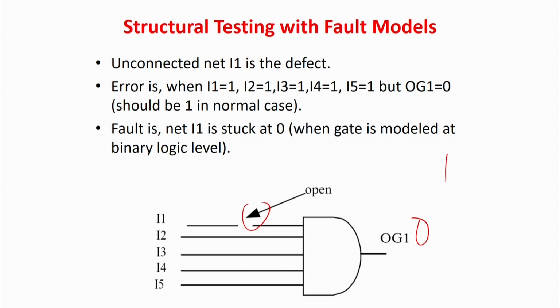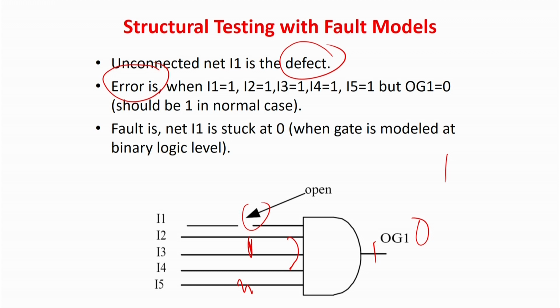There can be n number of defects, like this may be getting shorted. Then even if these two lines get shorted, this line can also be an open, and this line can also be an open. So, there are n different types of defects possible. This is basically your defect. A defect is the physical defect that happens during fabrication. An error is the logical manifestation, and a fault is our model.